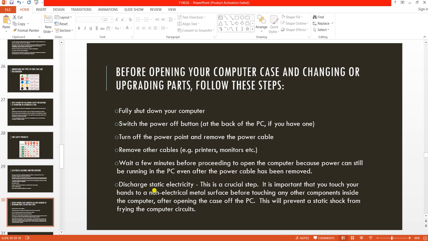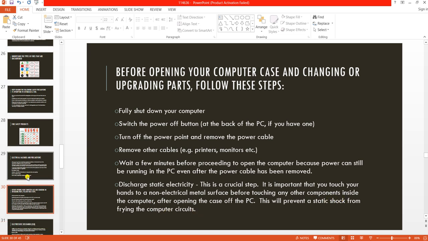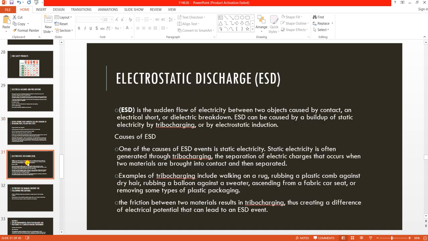You need to discharge the static electricity. This is a crucial step. It is important that you touch your hands to a non-electrical metal surface before touching any other components inside the computer. After opening the case of the PC, this will prevent a static shock from frying the computer circuits. And also,